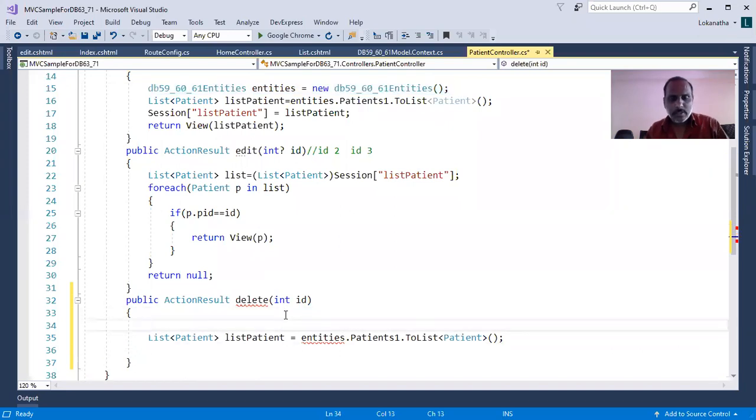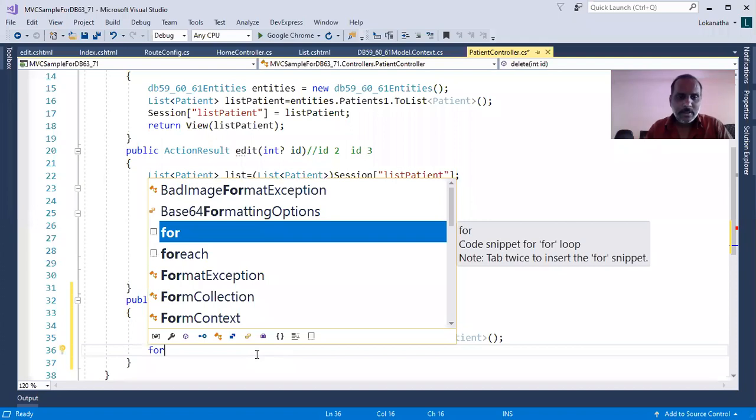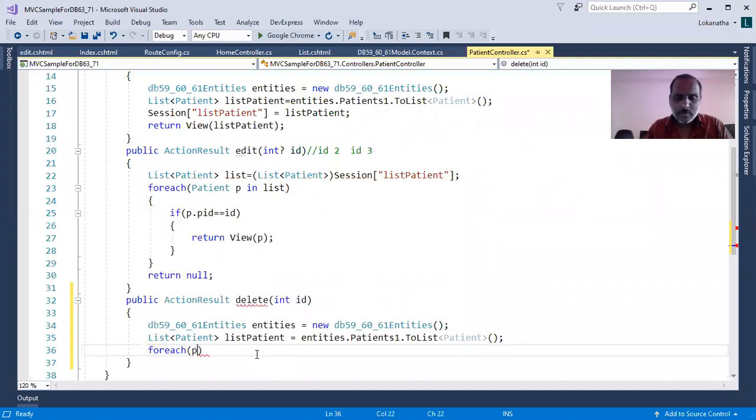We know that we are using Entity Framework over here. Now first I need to identify the matching patient object from this list. How can I identify? foreach patient p in list of patients.